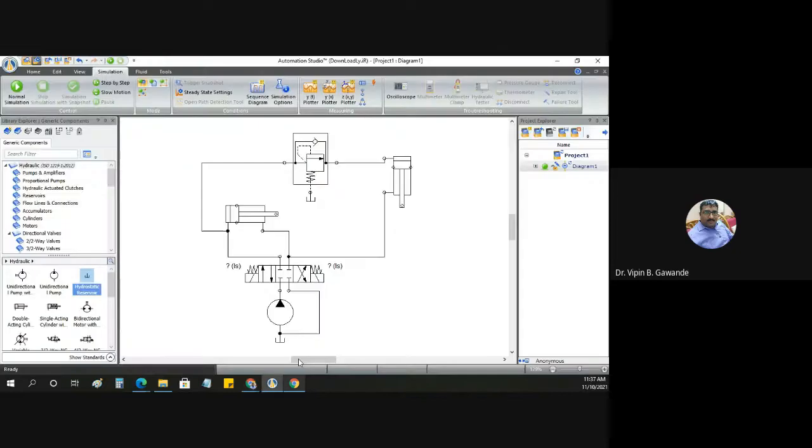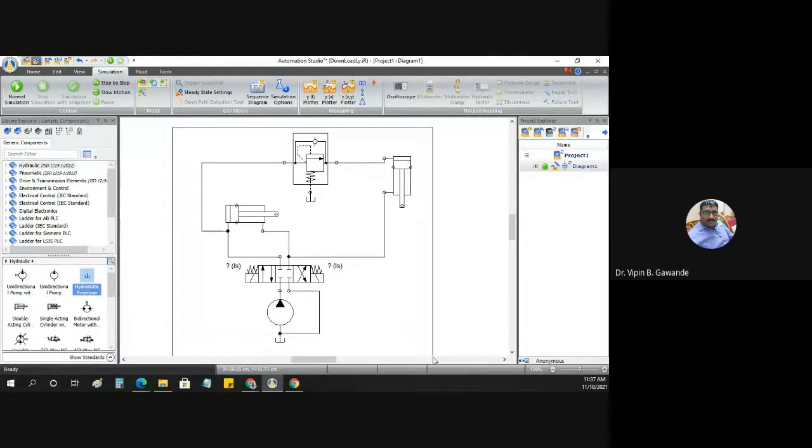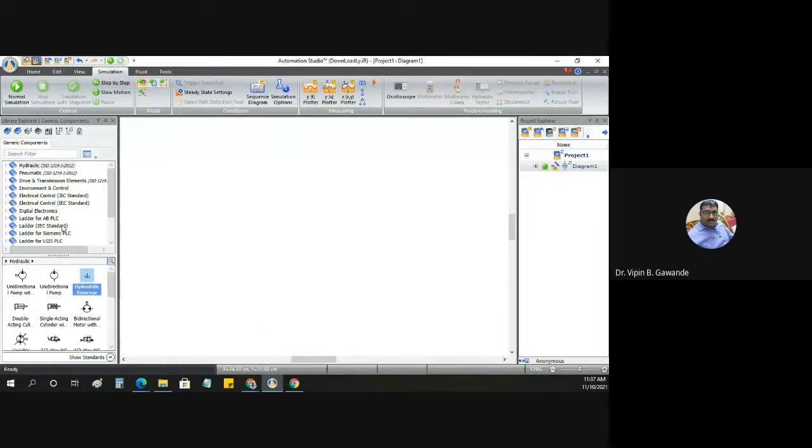Now what you have to do for the pneumatic circuit? So we will go to the next circuit now. I will delete this circuit and go to the pneumatic circuit. Now the pneumatic circuit is again a simple one. We already designed that in our fifth unit. So what you have to do now? Click the pneumatic circuit.